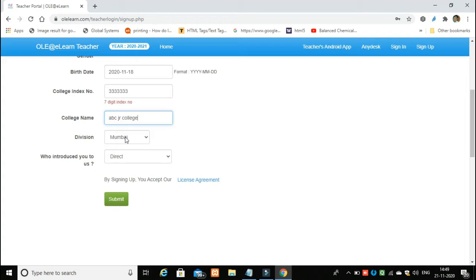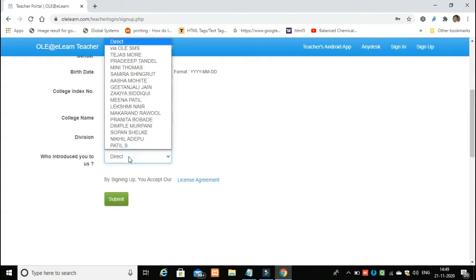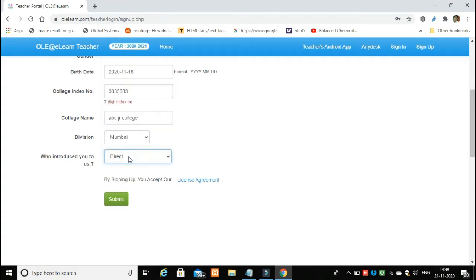Then select the area which you belong to. These are the districts. Select the right district. Then if you are being introduced by any other teacher who is not in the list, you can select direct here. There is no problem. And then say submit.